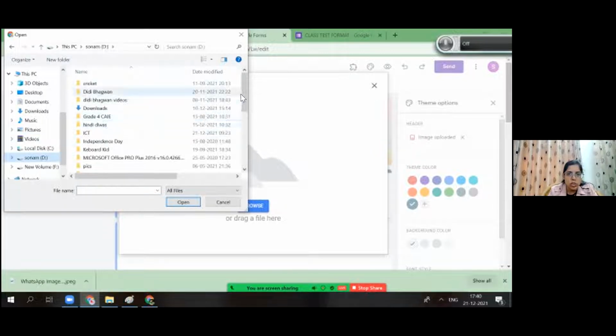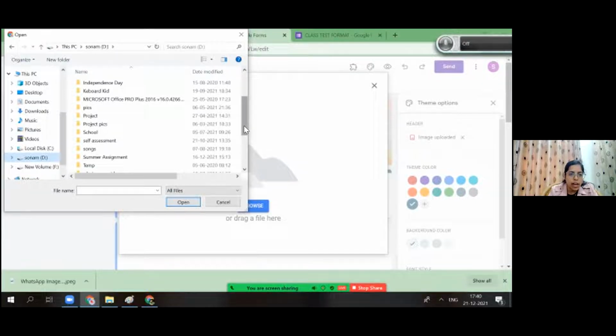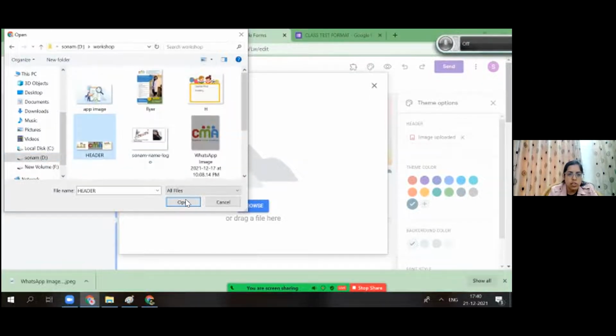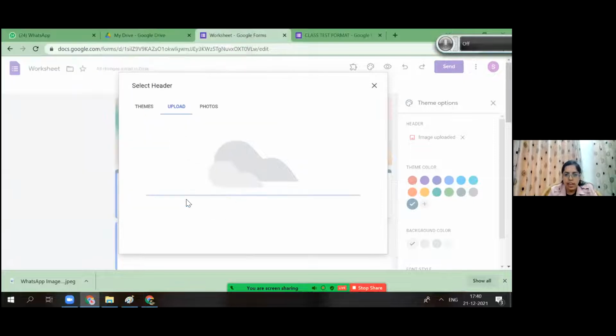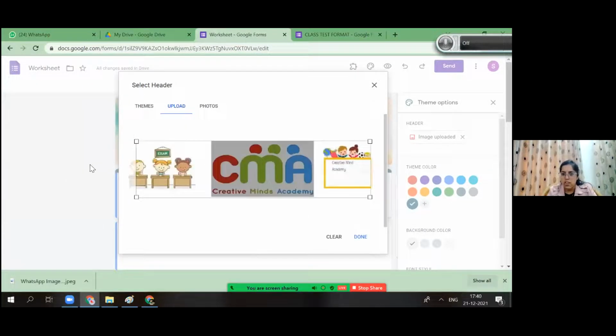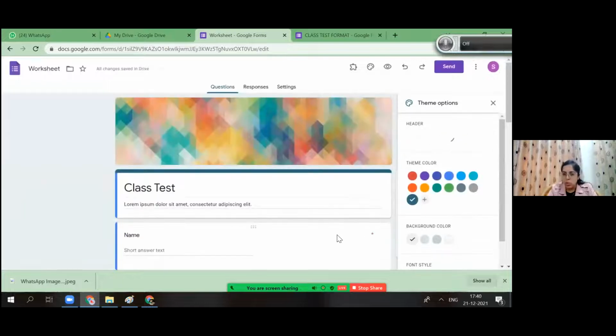I'm doing this for Shweta, so I have made one header for Shweta that I have saved in my workshop folder. This header I have selected, and I'm going to set it for my class test paper. I generally do this for all my class tests. I teach ICT, so I have designed one header with the name ICT, with my school's name on it.